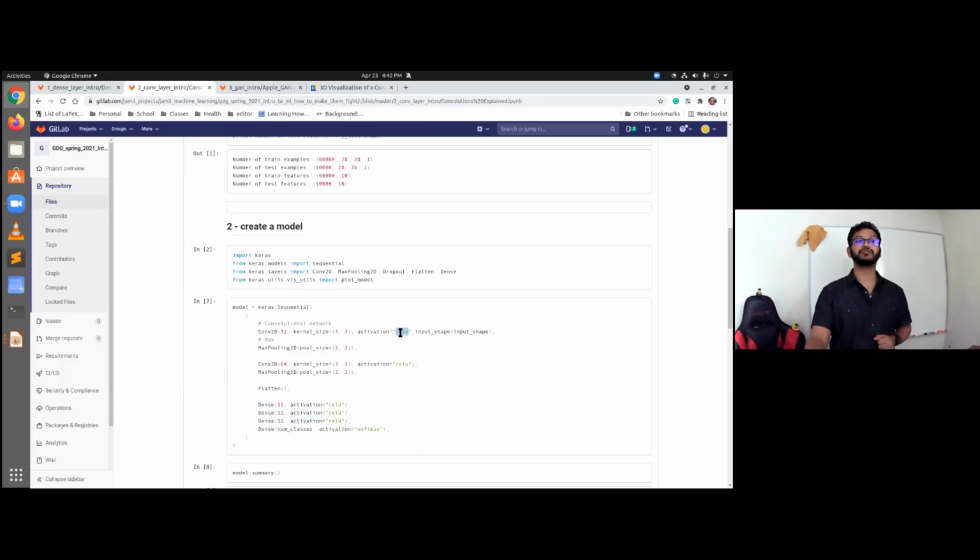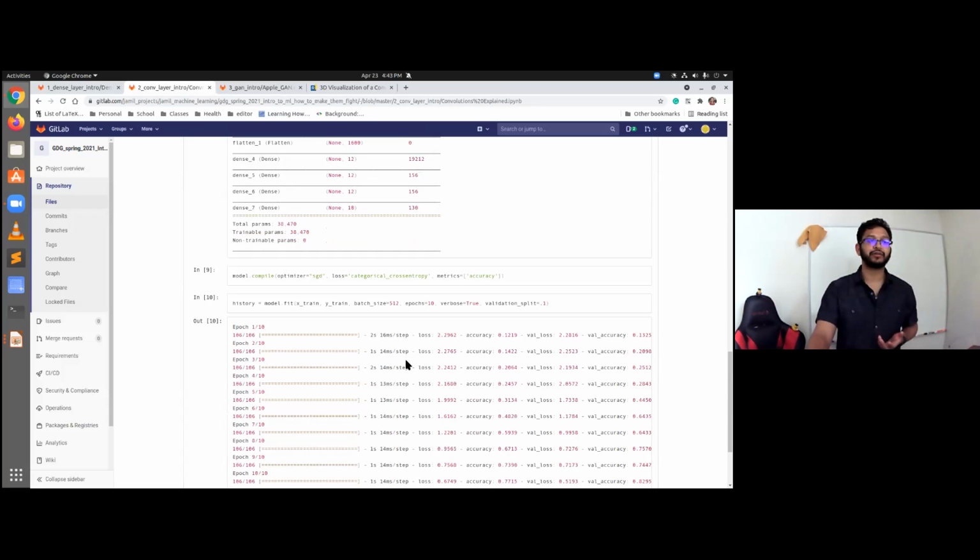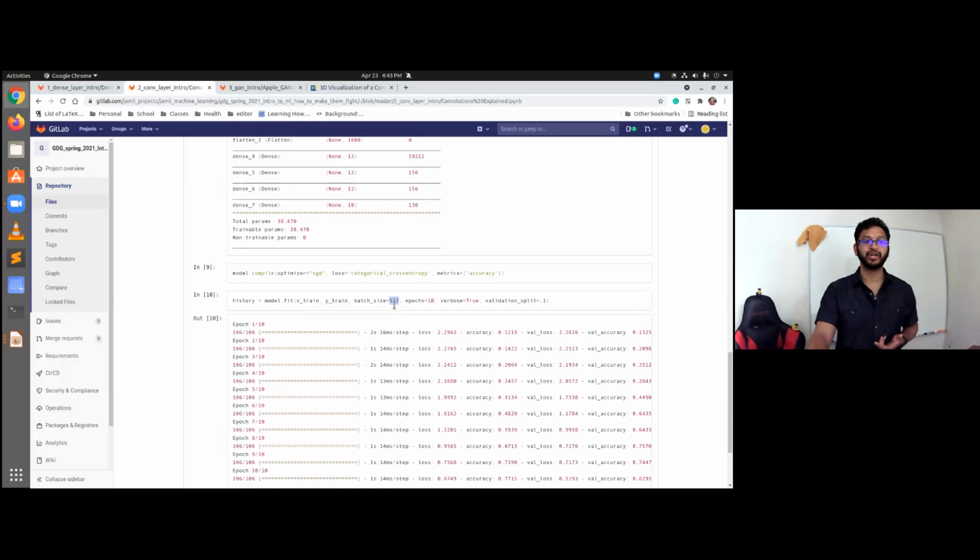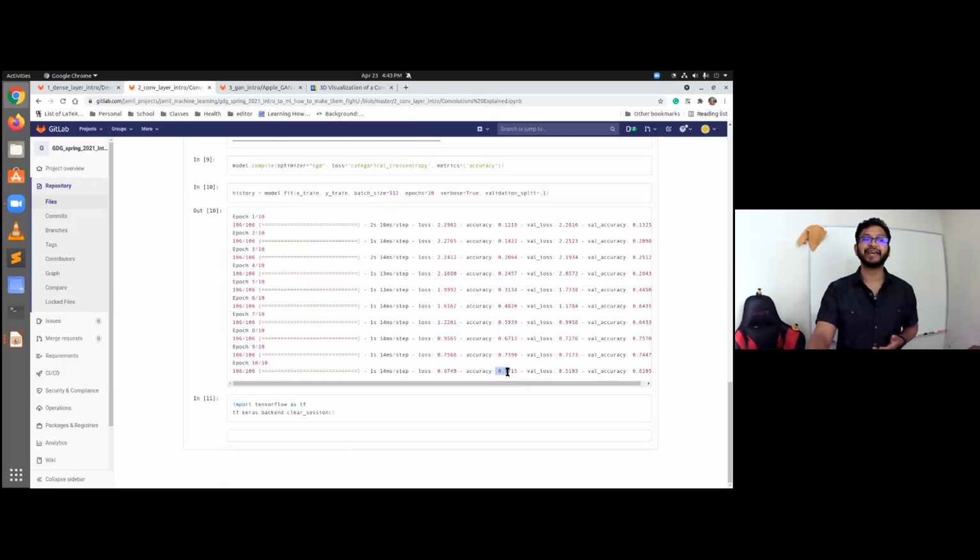And instead of using the linear activation function, we're using ReLU. So it's a couple of changes. And with that, when we train our model on the same X training, Y training, with a little bit bigger batch size, we can see that we're moving up to 70% accuracy. I'll let you know now, and feel free to try this later on: if you were to train this for 20 epochs or even 30, you'll be hitting about 99% accuracy.